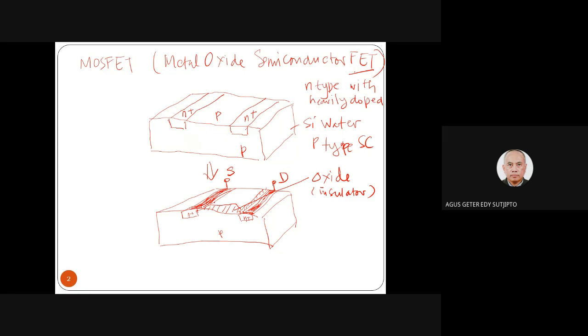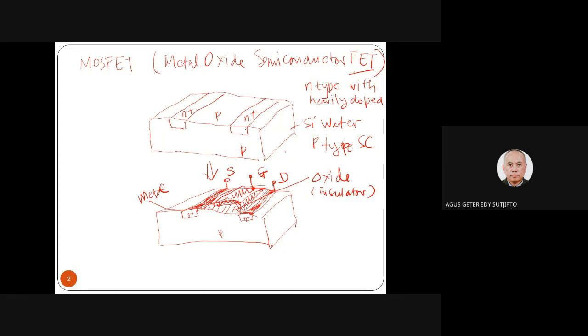And then on top of the insulator, we have a metal. We have a metal here, and then on top of this we have a metal, a conductor. So we connect to the terminal. We call it the gate terminal, G. We have discussed yesterday regarding the